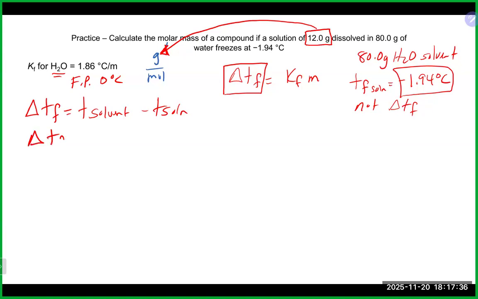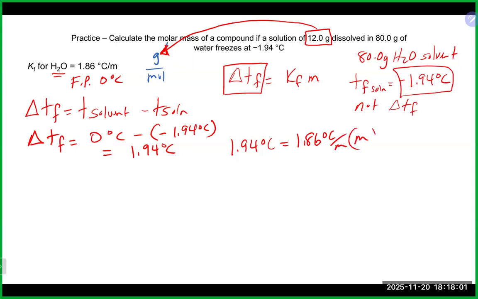So pop in that number in there, which would be 0 degrees minus a minus 1.94 degrees Celsius. That, by the way, is how the negative sign disappears in this case. That's going to give us a change in freezing point temperature of 1.94. We now have 1.94 degrees Celsius is equal to our Kf